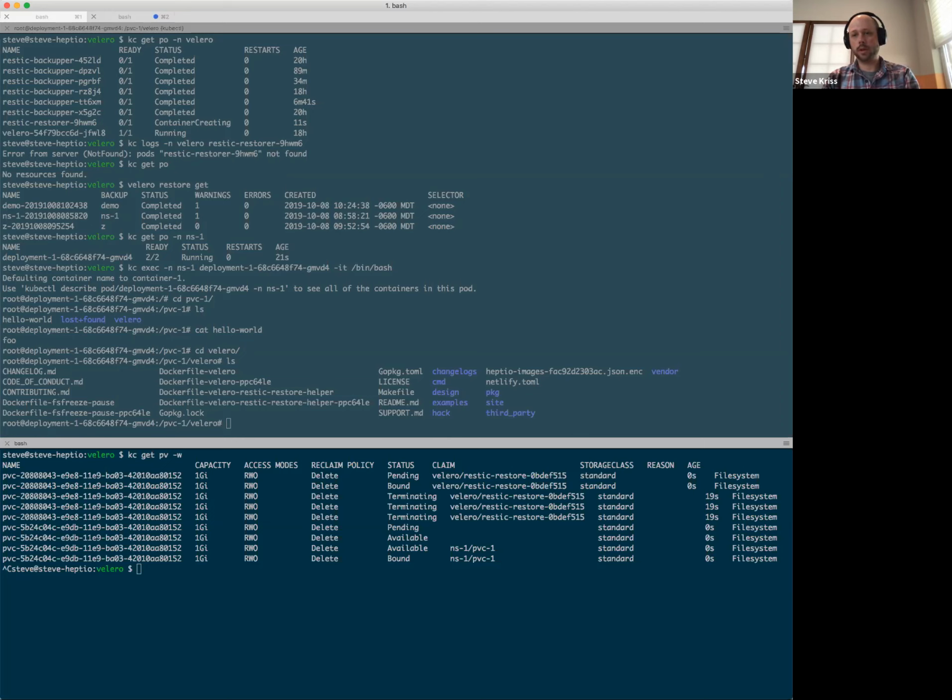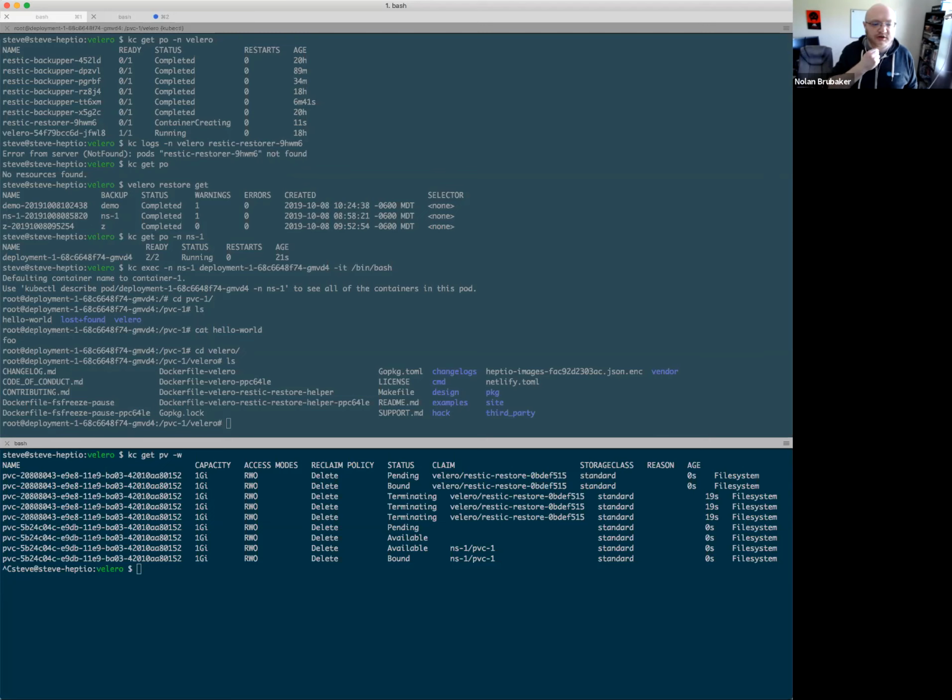So that's one option. We could also take the existing Restic repository controller and keep running it inside Velero. I think that's potentially an option. We could also spin it out into its own separate deployment, and if folks are running Restic, Velero install could set up this separate deployment that's running this controller. So I'm not totally sure what makes sense there. The bring your own repository model is appealing from a simplicity of code perspective in Velero, but it may also be less convenient for users.